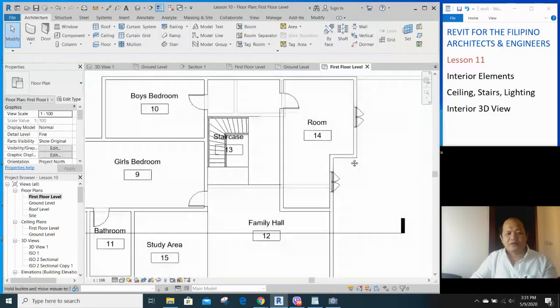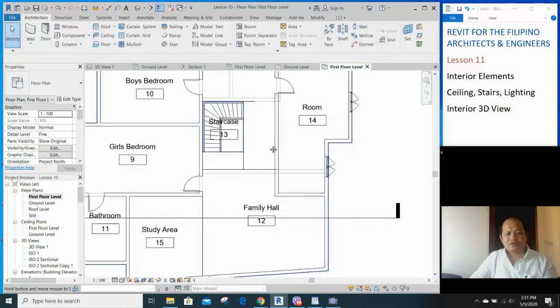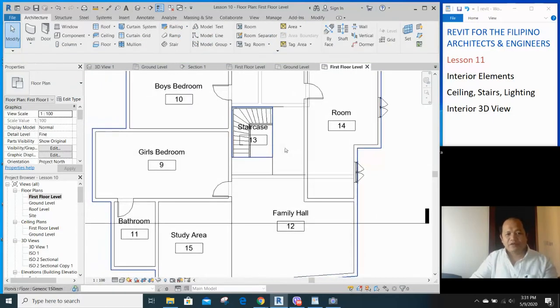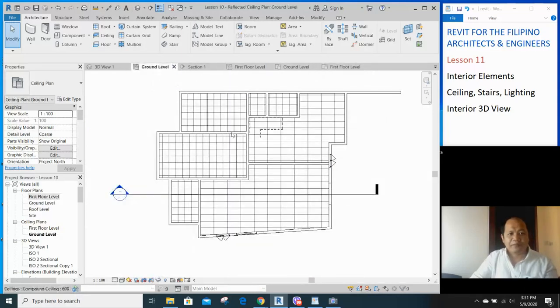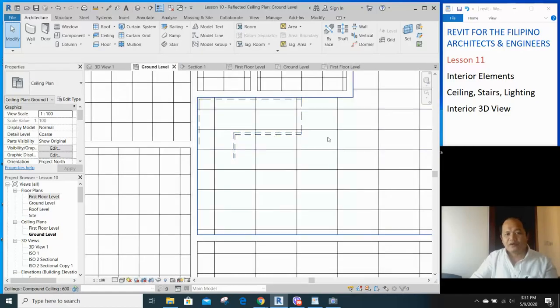And something else that we need to revise is our ceiling, because if you remember, you go to our ground floor ceiling, we created the ceiling to be